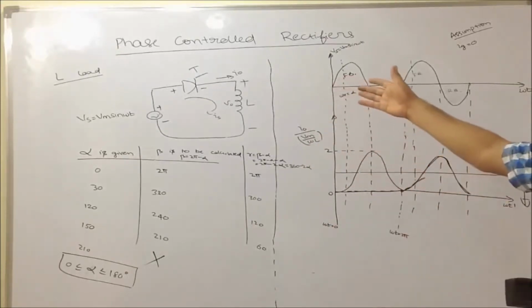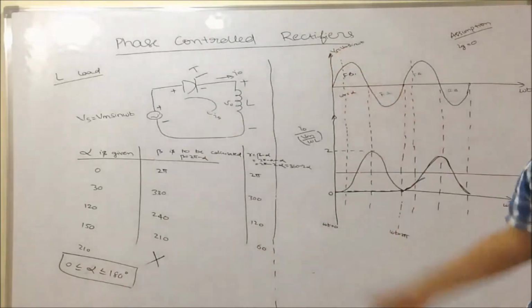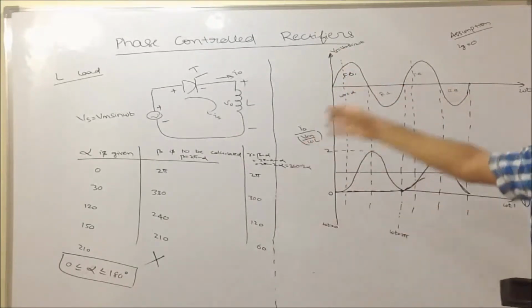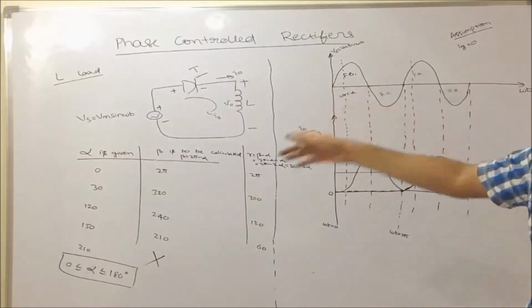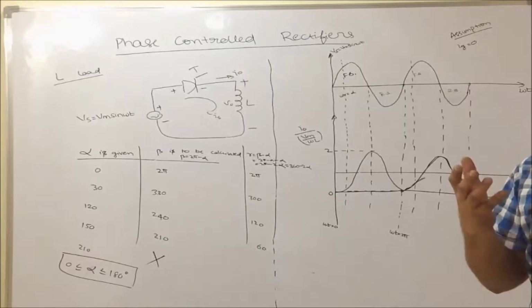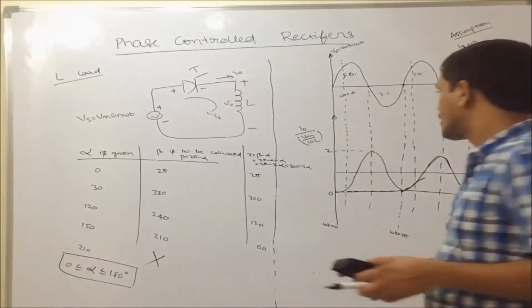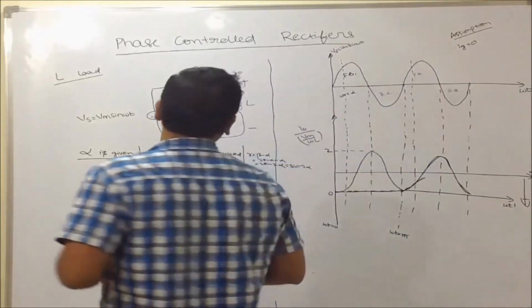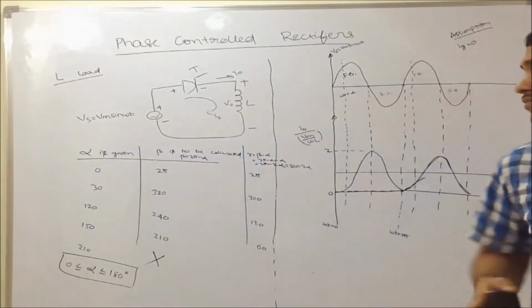V naught DC is VLDC, that is 0. The third way of finding the VLDC, that is the most efficient way, is through the generalized expression. We will calculate the VLDC. In this case, it is V naught DC through the generalized expression. Already we have seen the generalized expression, so we just have to substitute the values. It is the most powerful way.